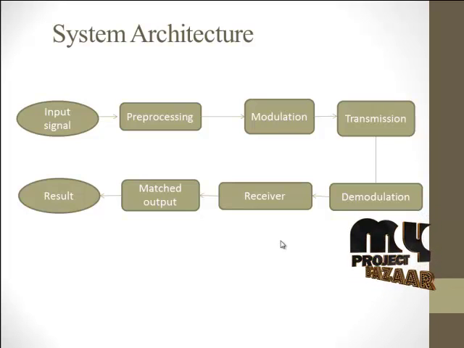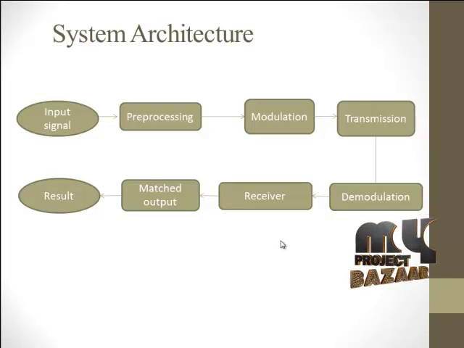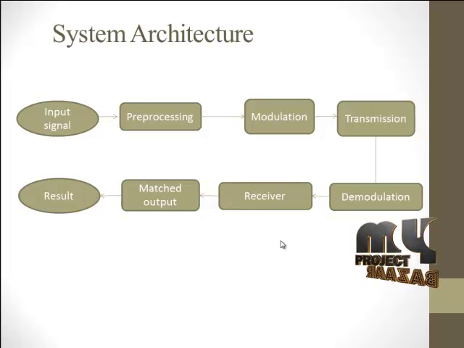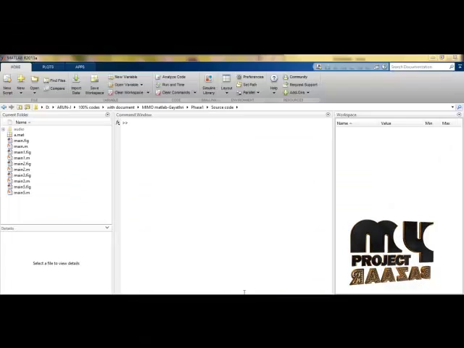Initially the given signal is pre-processed. In pre-processing, filtering is performed to remove the noise, and then modulation is performed. Here for the modulation we are using the QAM modulation scheme, that is quadrature amplitude modulation. And then the transmission is conducted for the modulated signal. There are a lot of processes between transmitting and receiving, such as encoding, decoding, precoding, modulating, demodulating, FFT and IFFT processes, and also interleaving and de-interleaving at the receiver part. That means the input matches with the output.